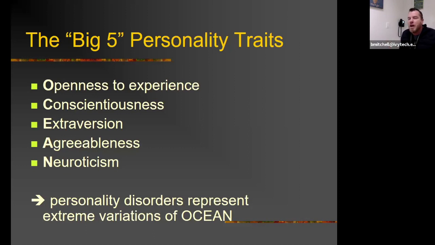Remember, traits are ways in which we act in normal situations, and the big 5 personality traits are openness to experience, conscientiousness, extroversion, agreeableness, and neuroticism. If you need to remember this as a mnemonic device, OCEAN, okay? So the personality traits are identified as one side of it. So extroversion, the other side is introversion. You would either score high on extroversion or low on extroversion, and that implicitly means you scored high on